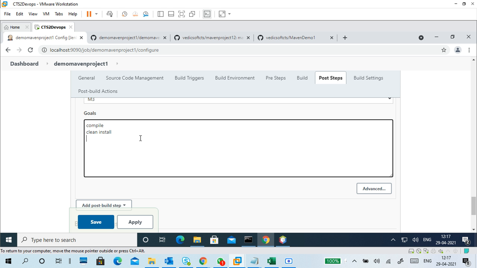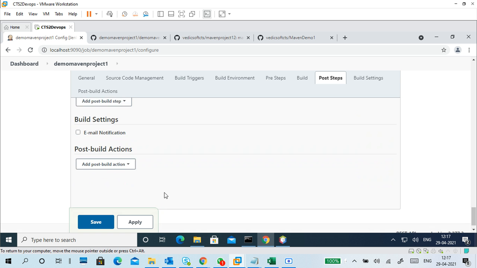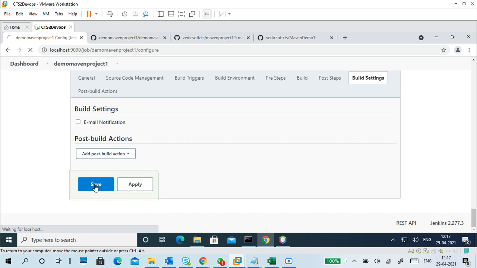You can give clean install, clean package. Clean means it will remove the existing one, and then you will do it. And of course there are a lot of different commands, like dependency tree, version, or anything. You can put a lot of commands. Save it. I'm not doing a post build